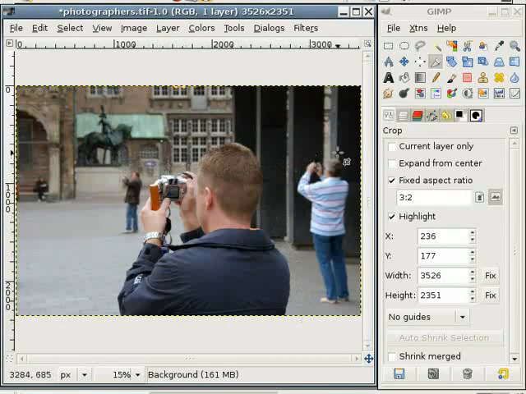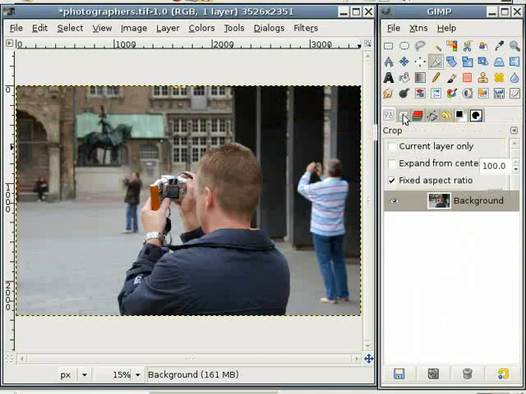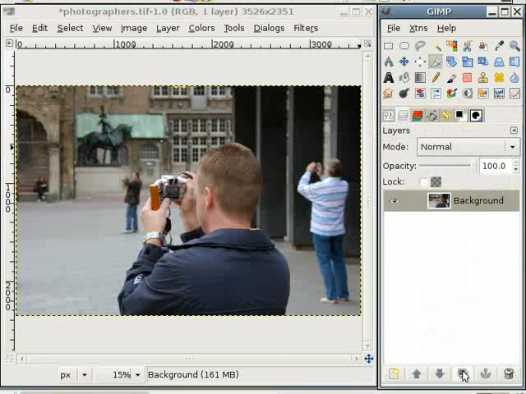boosting the colors and contrast a bit. There are several ways here. I could use the color levels. Here's levels. I could use the curves. I could use here some sliders, but I'll try a thing with layers. I simply double this layer here